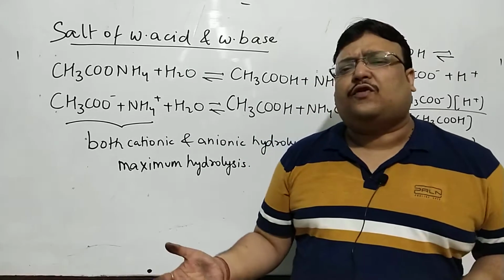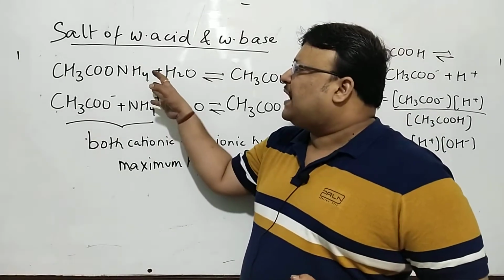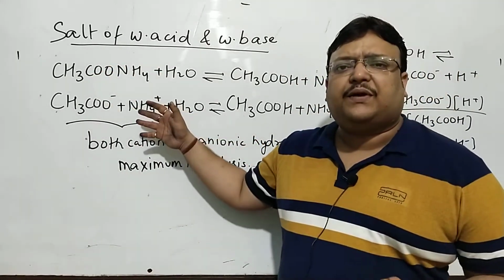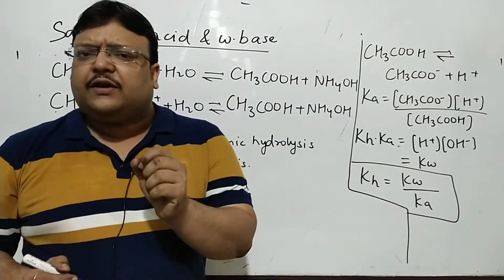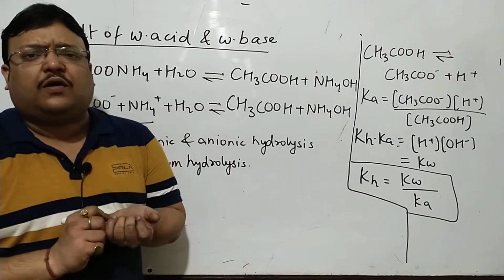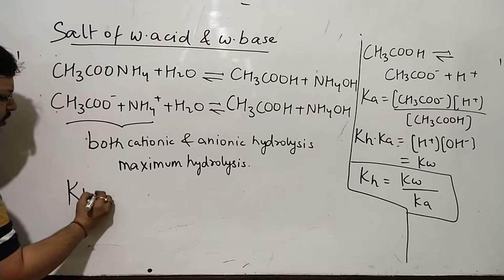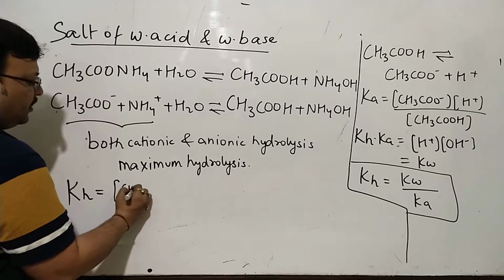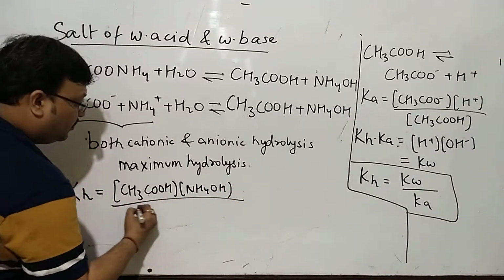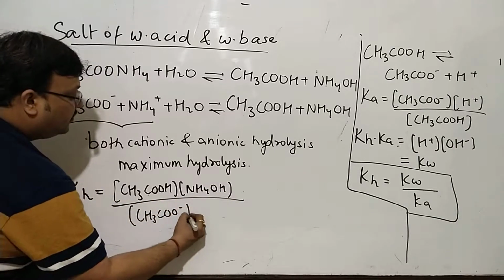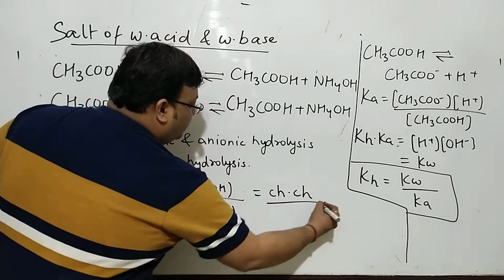Small little questions in MCQ form. Which of the following have maximum hydrolysis? So it will be a salt where both the acid and the base will be weak. You can see it's anionic plus cationic hydrolysis. Neither the acid nor the base could be broken, and there will be a small departure from the conventional form of Ostwald-Jensen law. Suppose this time, if I am going to write pH is equal to acetic acid, ammonium hydroxide upon acetate and ammonium.